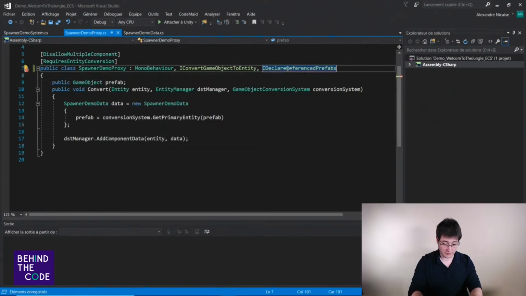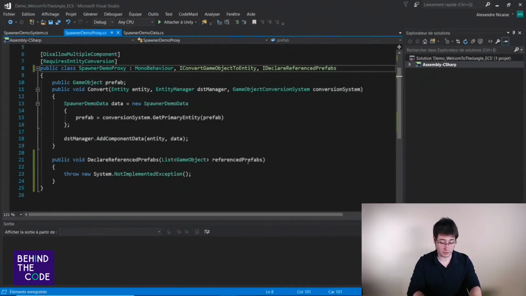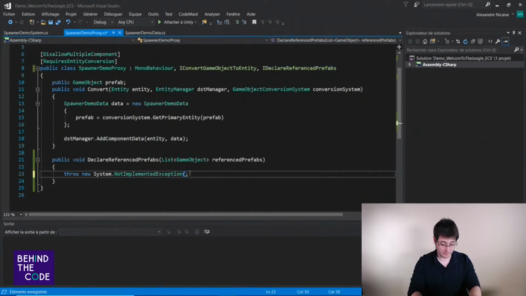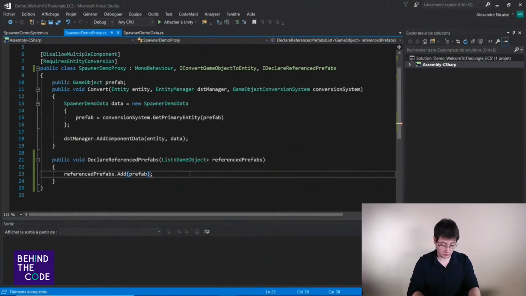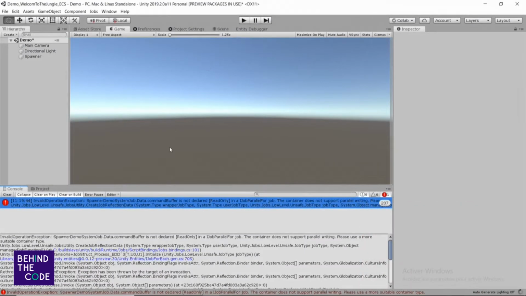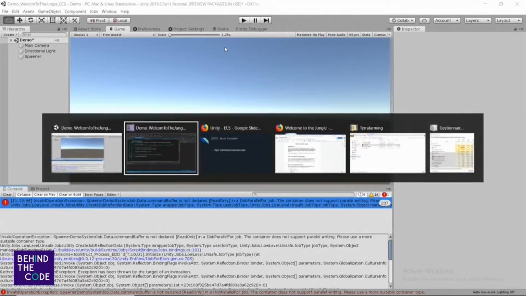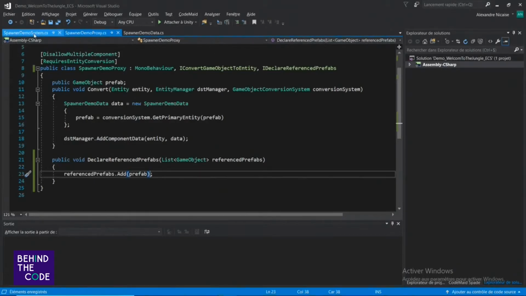So I can reference my little game object into a prefab. So up. So in the reference prefab, I add my little prefab. That's it. And there is this mistake too.